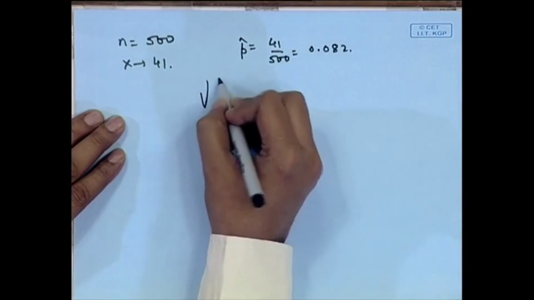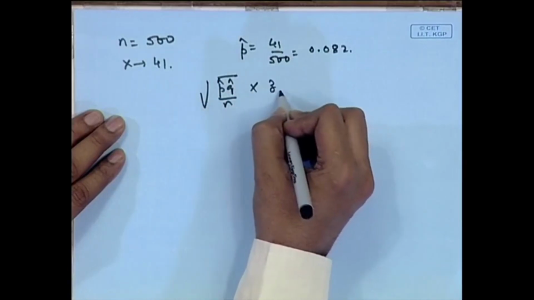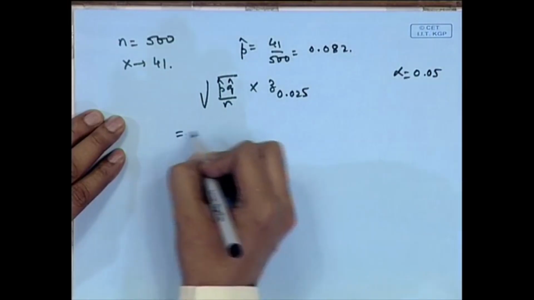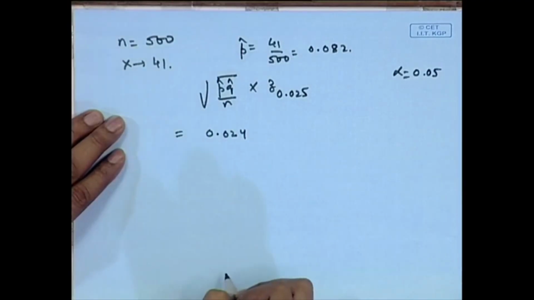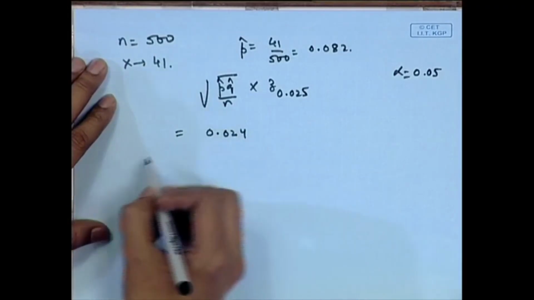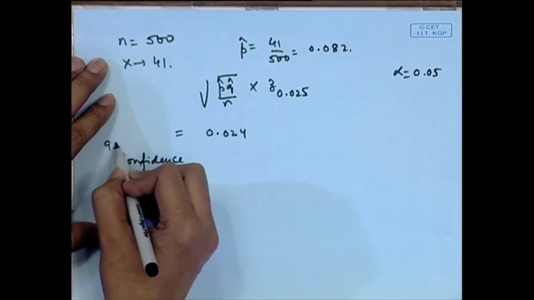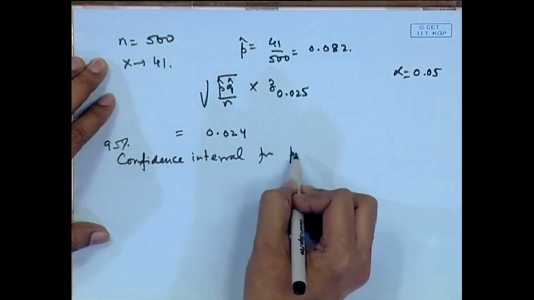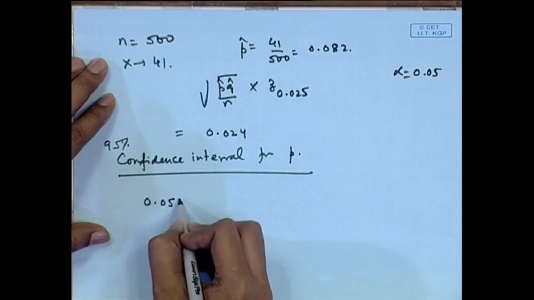So, if we consider root p hat q hat by n into z 0.025, suppose I take alpha is equal to 0.05, then this value turns out to be 0.024, say. So, if we are considering here the 95% confidence interval for p, then that will be equal to 0.058